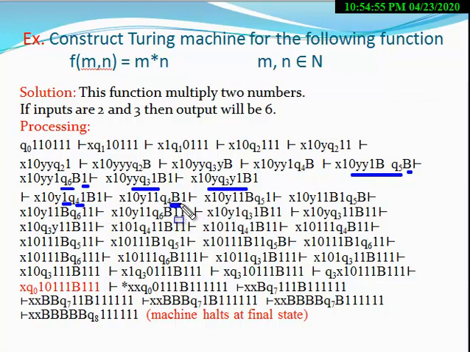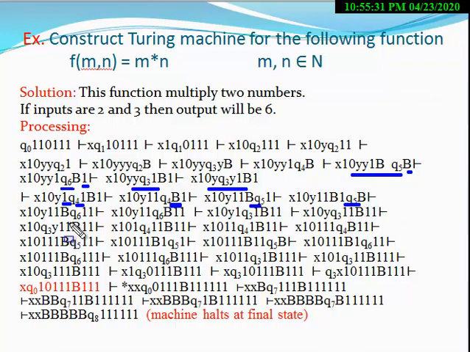When at the state Q4 a blank symbol appears, the machine moves to the right and also changes its state to Q5. At the Q5 state, when 1 appears, the machine moves in the right direction. As soon as a blank appears at the state Q5, the machine changes the blank symbol into 1 and moves in the left direction.